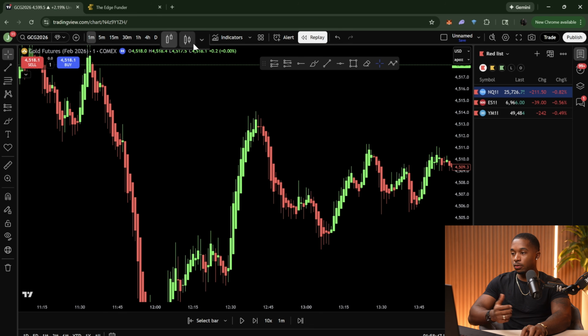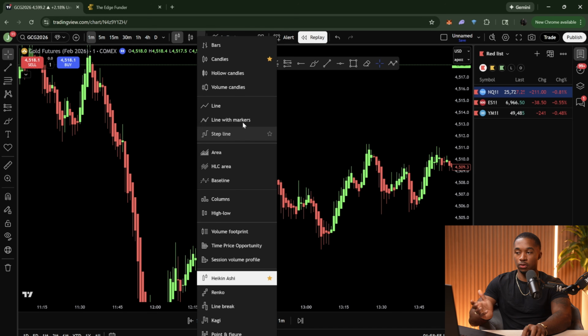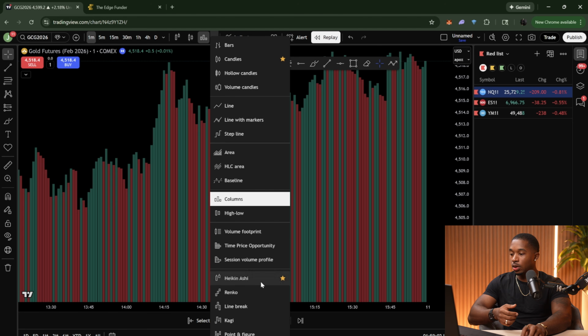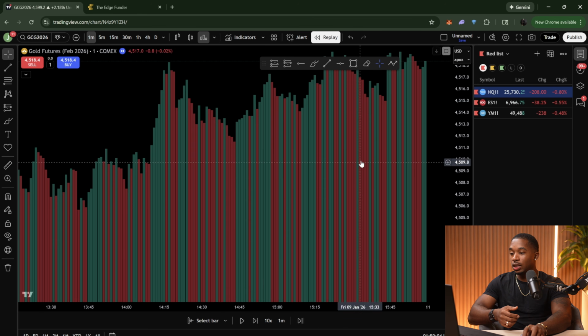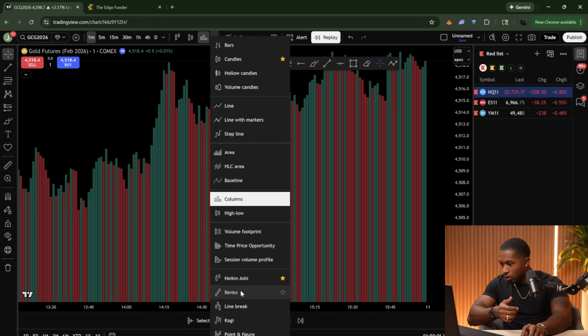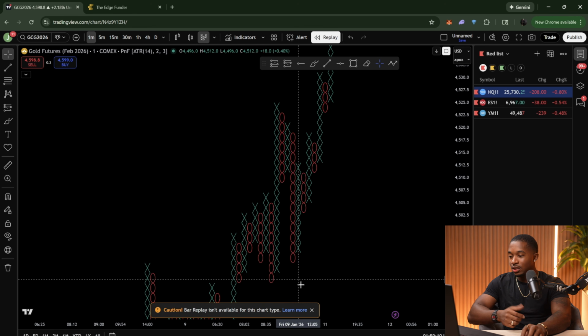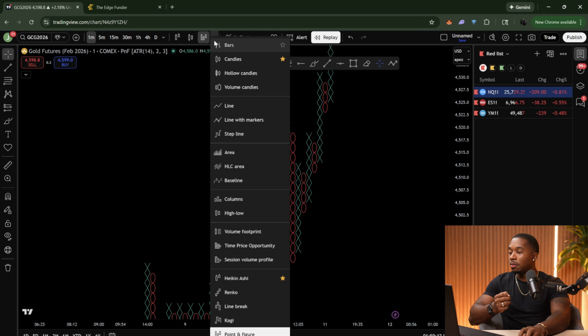So here on the top of your TradingView chart, it's going to be the same no matter what platform you're on. Wherever you see your candles, whatever chart you're on, just hit the drop down and you'll have a bunch of options. You have regular candles, which is what we're all used to. You can have a line chart. You can have a columns chart. You can have what I call tic-tac-toe charts. You can have a bunch of different things, but the one that we care about is this right here, Heikin